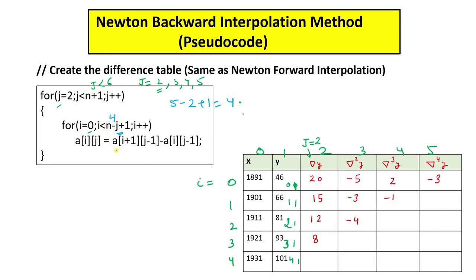Now here you can see I am doing this subtraction. So actually I need this 20 that will be stored here. Then I need 15, then 12, then 8. So how will I get this 20? 20 is the subtraction of 66 minus 46. Okay, so I have to take care, i is here and j is here. And using this i and j value, I have to do the manipulations on this subscript to get my a of ij, that is 20, right? So actually I want to subtract a11, that is this 66, minus a of 01.